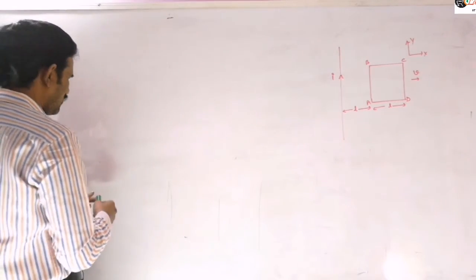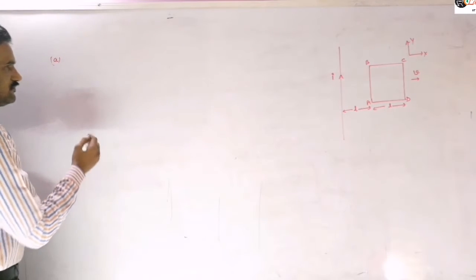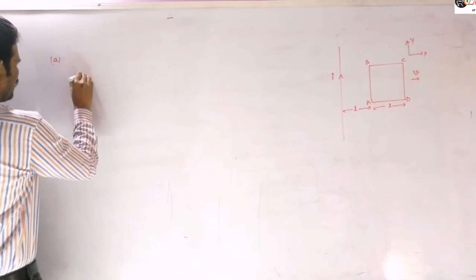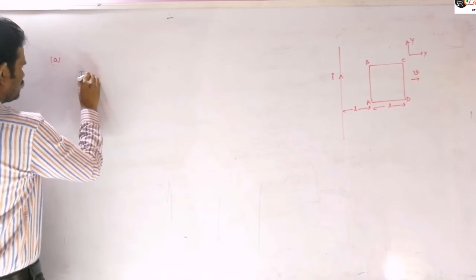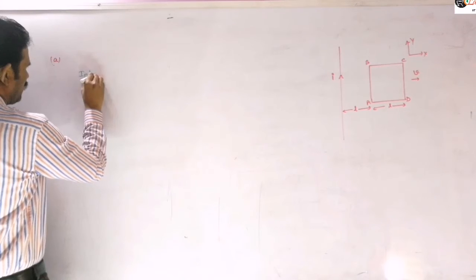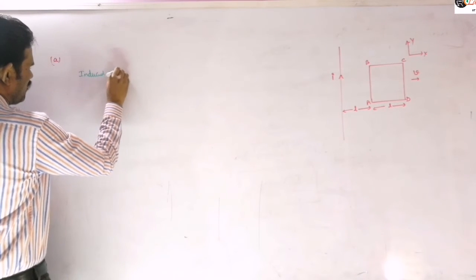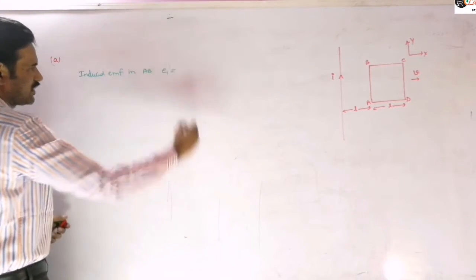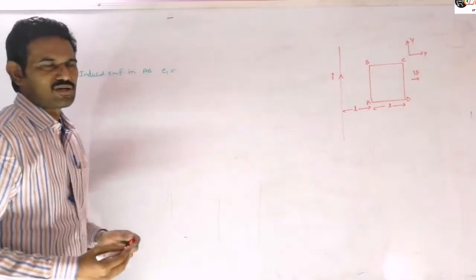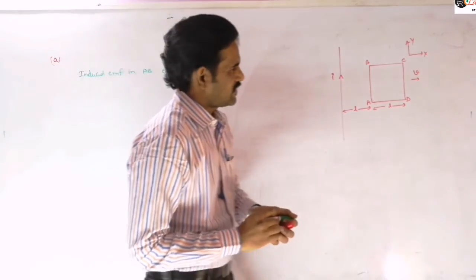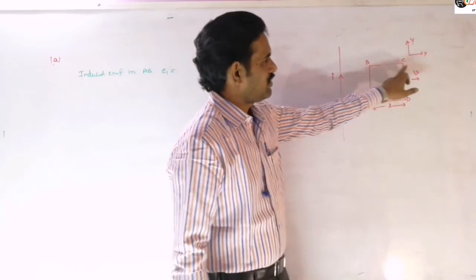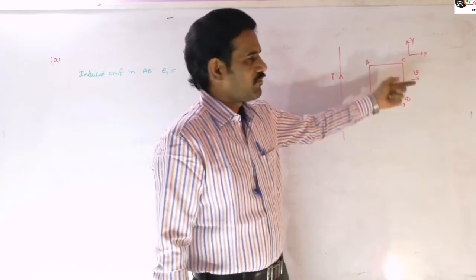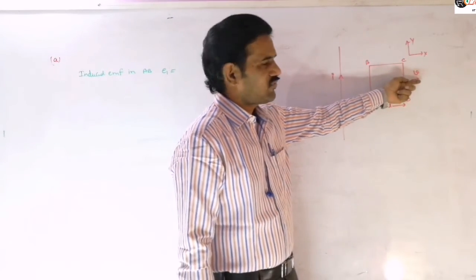So in the direct method, what I can write here is that the net induced EMF is equal to the induced EMF in AB. Let's suppose I am taking it as E1, in the AB rod. So clearly you can say that there is no induced EMF in the BC rod or in the AD rod, because these lengths are parallel to the velocity here.